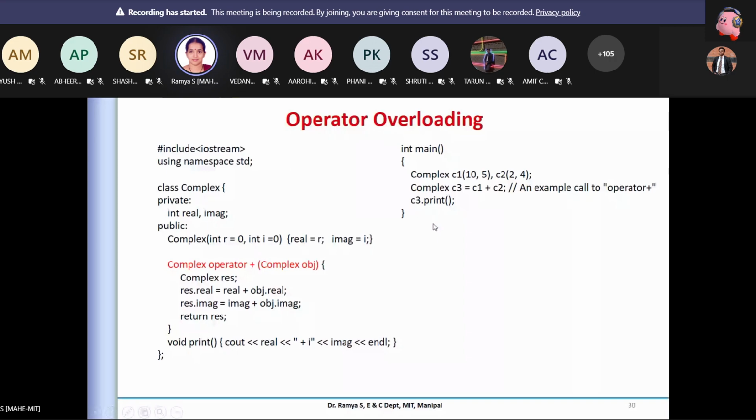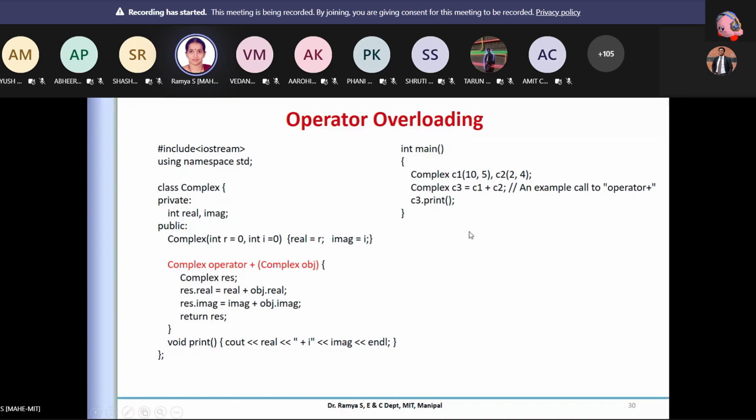Here I have not defined a user-defined copy constructor, so the compiler will generate one, because I'm creating a complex object and assigning it to this. So a default copy constructor will be called, it will be assigned, and I print it. Is it clear?